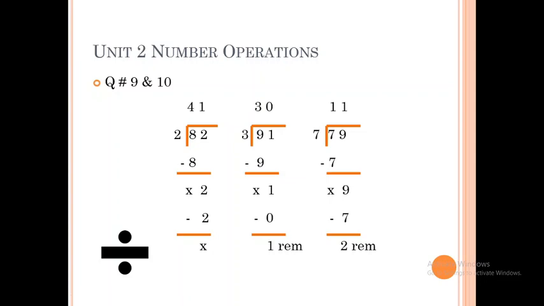Understand? You are not using both the numbers for a single division. You are now dividing step by step. One digit, then the next digit. If the first number is bigger than the divisor, we can divide them step by step, one by one. See here, 91.